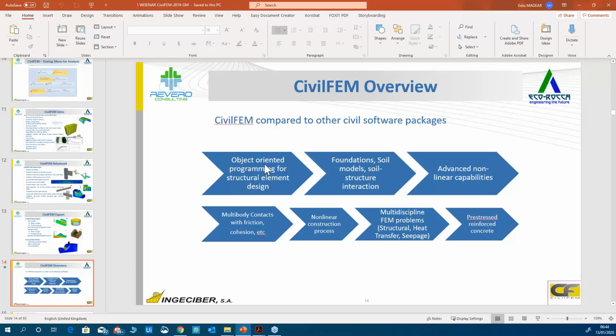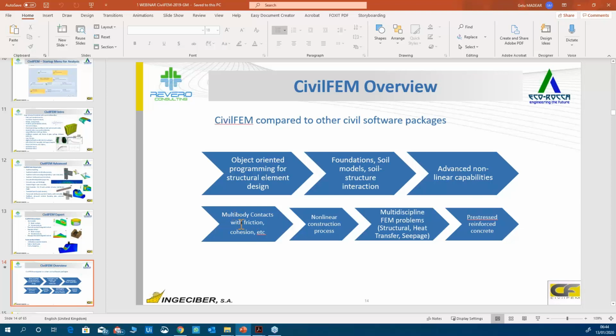You can see that it's able to accept commands using Python language. It is used both for structural engineering and geotechnical engineering, so we can design foundations, soil models, soil structural interaction. The software has a lot of non-linear capabilities.